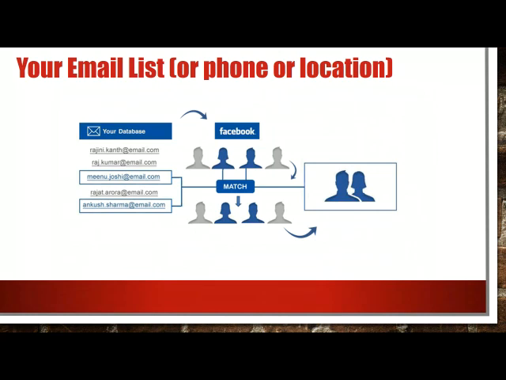Another option is to take your database, your list of emails that you've collected from your email service provider or however you're collecting, and load that list to Facebook. Facebook will then take those emails, match them up to profiles that they have on their system, and then you can show ads to those people. And by the way, it's not just emails. It's first name, last name. They're smart when it comes to figuring out who these people are